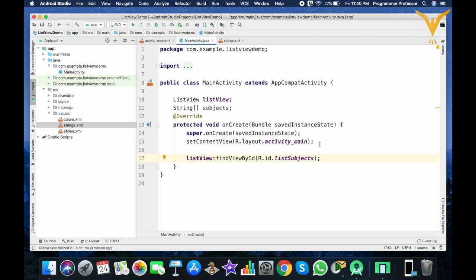Here we need to create one array adapter for string data type, add the list of subjects in that adapter and bind that adapter to a particular list view. Let's check how we can implement this.